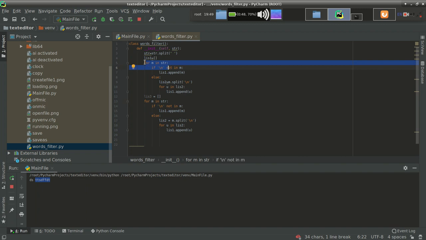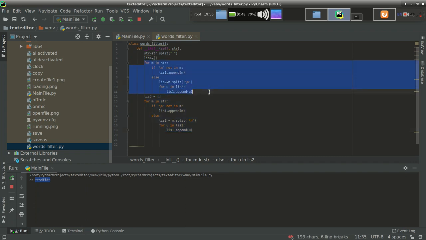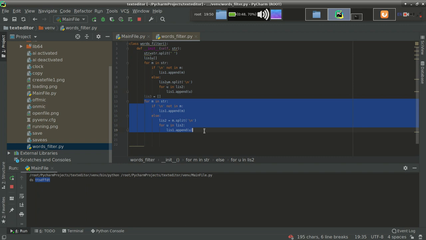Initially we filter each and every word for backslash n, meaning backslash n will be removed using this for loop, but this for loop will remove backslash t from that content, or from the text of the text area. Hence there are two loops. One loop will filter backslash n and the second loop will filter backslash t.